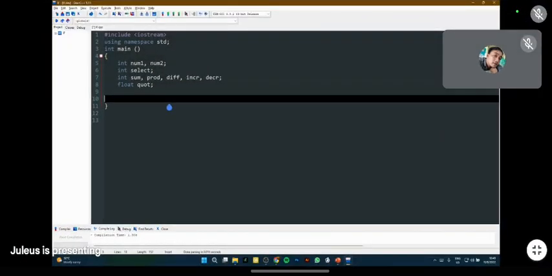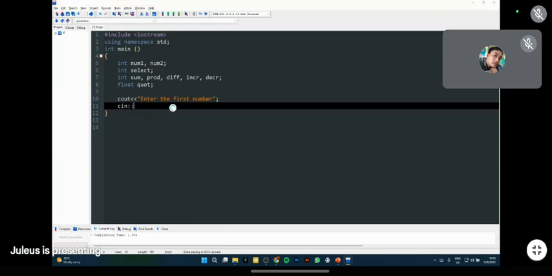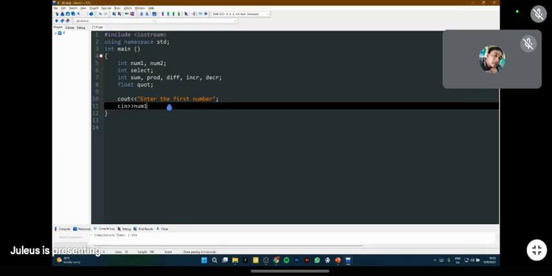Okay. So we will use input. So we will use an output first that says, enter the first number. And cin, that's going to be in num1.